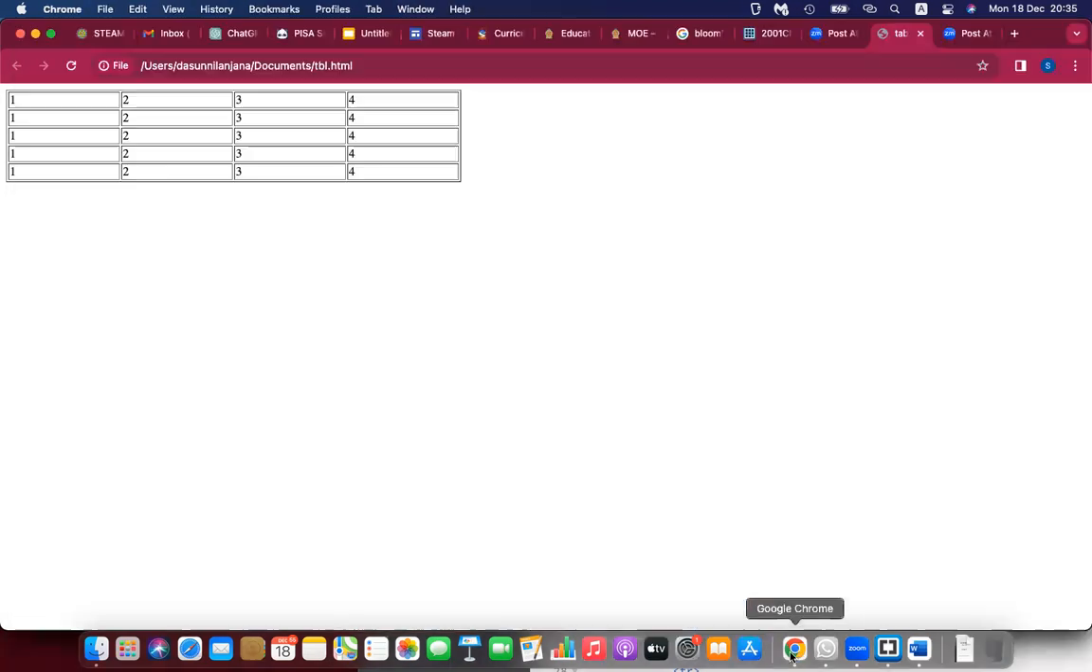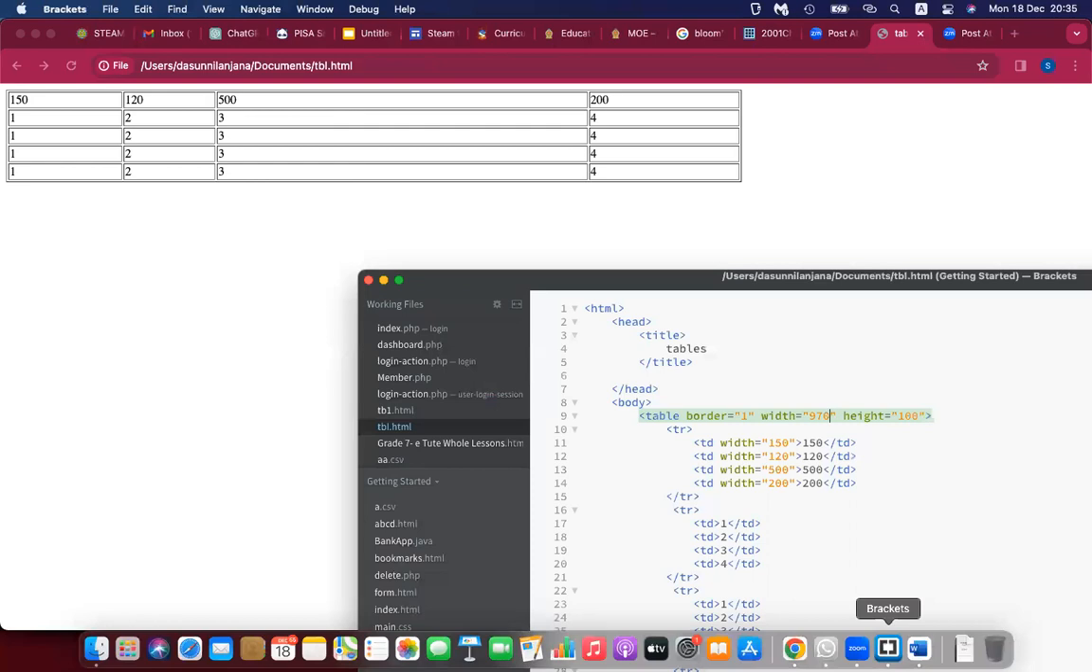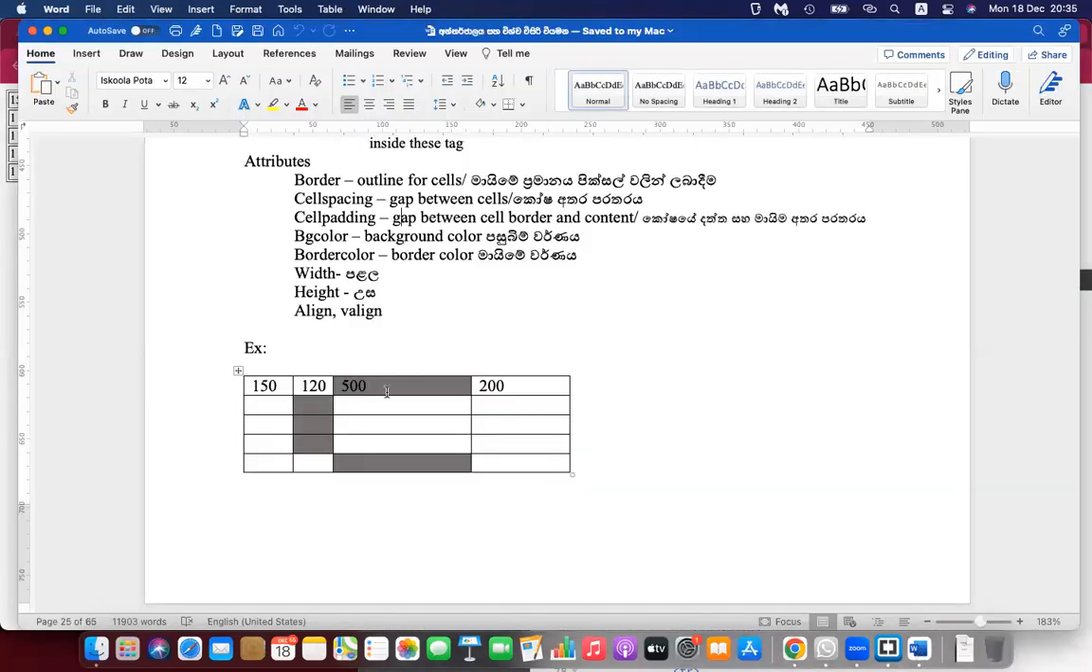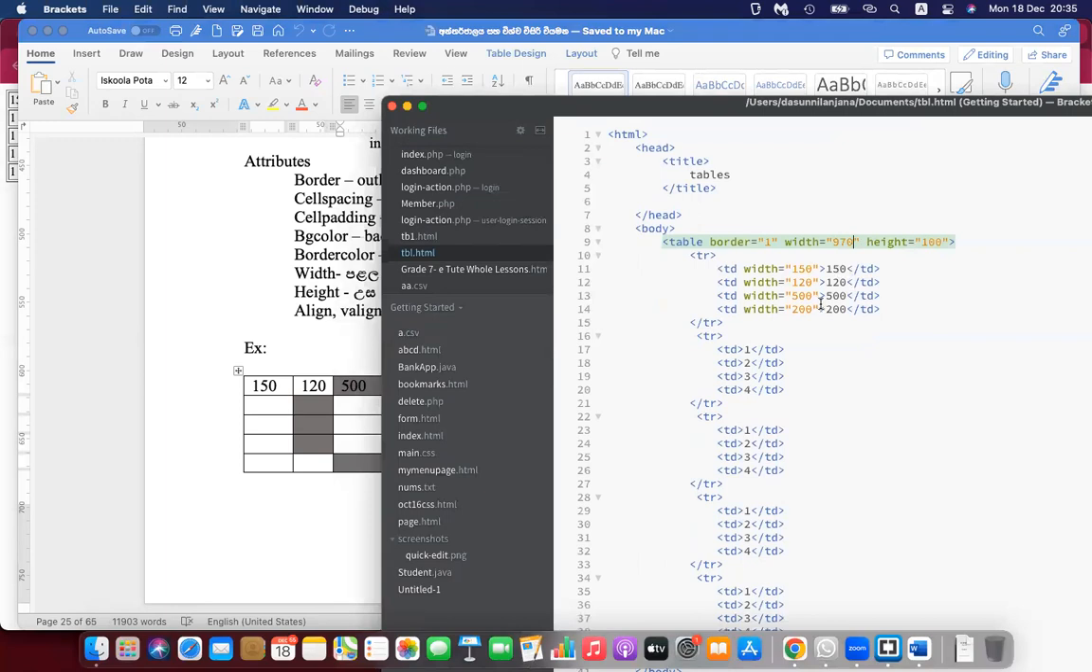That is straightforward then, right? Very straightforward. You can see, okay, these are the sizes. Now this has a color, this has a color, this has a color, this has a color, and this has a color. So there is BG color. So we can use the BG color attribute to give that. Okay, 500, this has a color. BG color is equal to